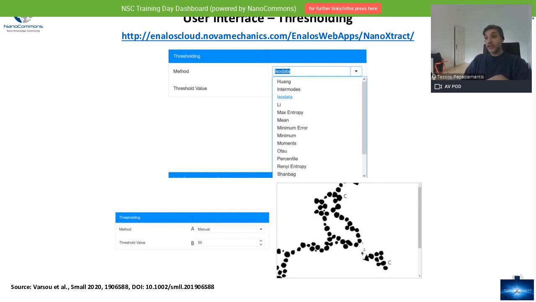And also, if none of this works for some reason, and you more or less have to pick an algorithm and run it, there's also a manual method of applying your own threshold values, which needs a lot of trial and error to find the optimum number that you need to use. So we'll see.